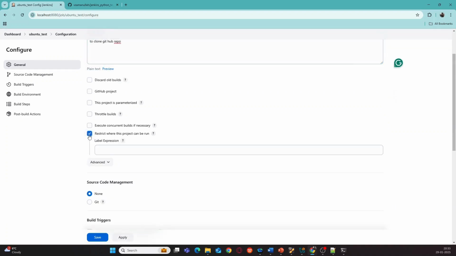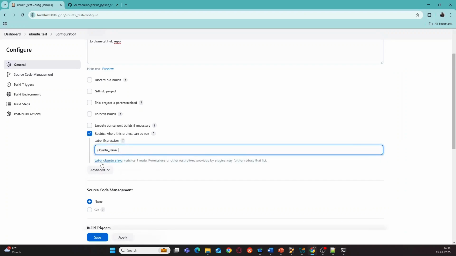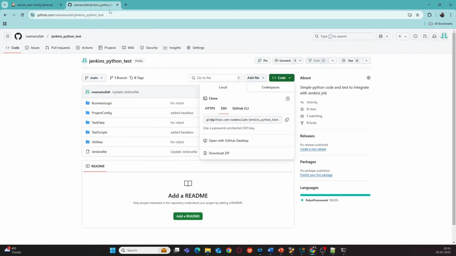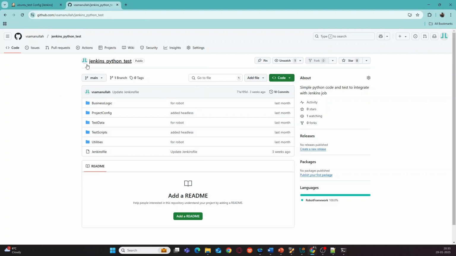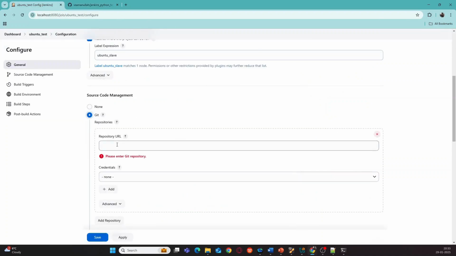Then I want to restrict this build to only run on the Ubuntu machine, Ubuntu Slave. That is the name of my machine. Otherwise you can also use the label. I have given the label as Ubuntu. Then I want to use Git as the source control system. Then I have to copy this. Basically what you have to do, when you come inside your repository, click on code and take SSH, copy this, come here, give this,